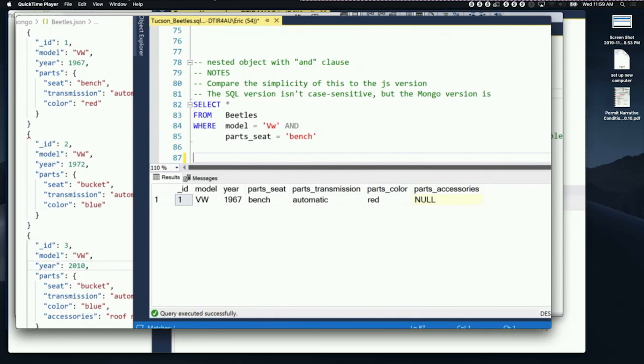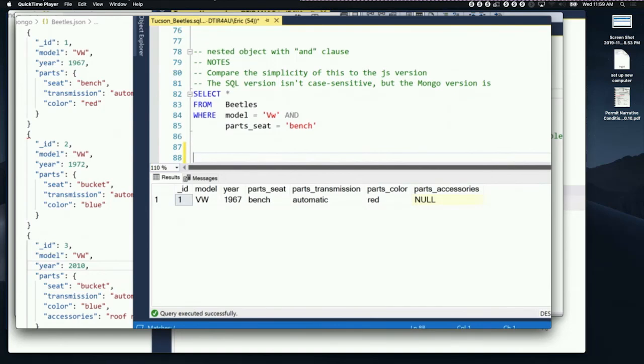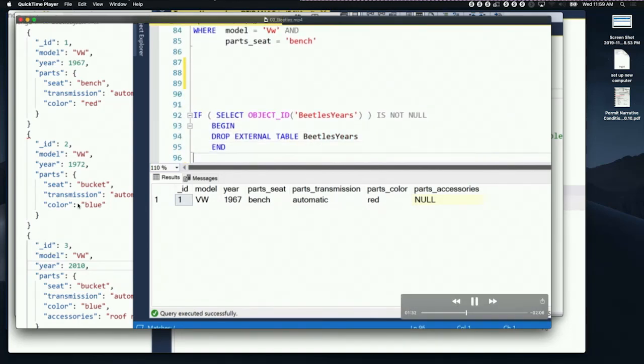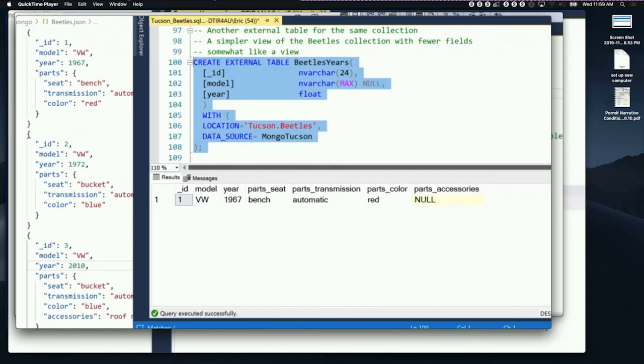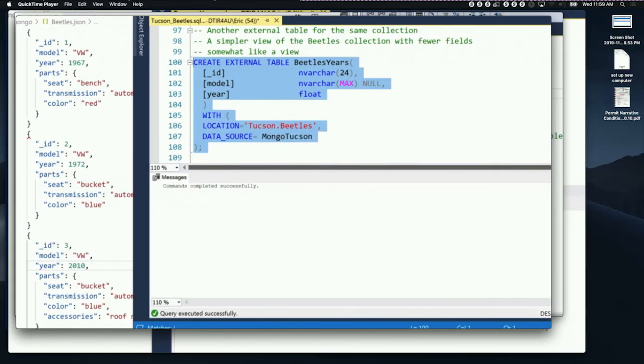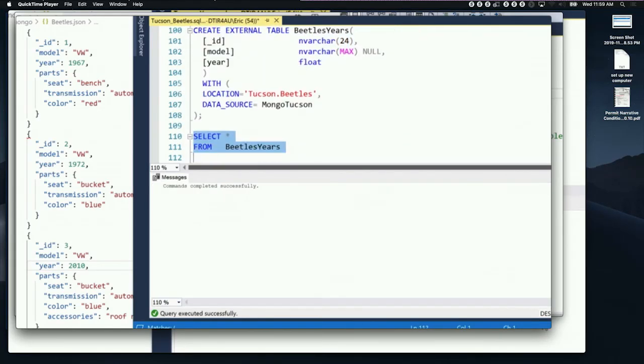All this shows is that I can use ands and ors and all that kind of fun stuff once I've got the data inside of SQL, or once the data is logically inside of SQL. There was also a question earlier about, can I create another table, or what if I miss fields?